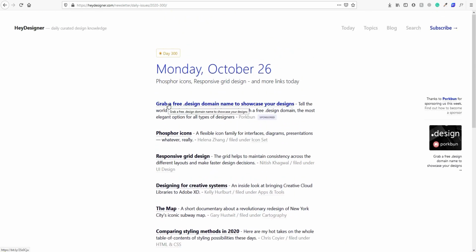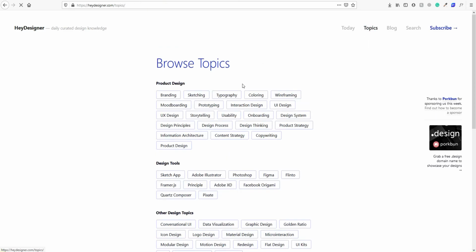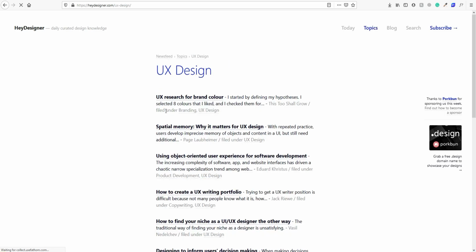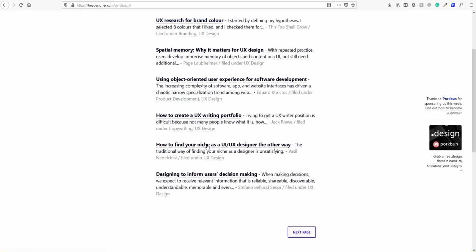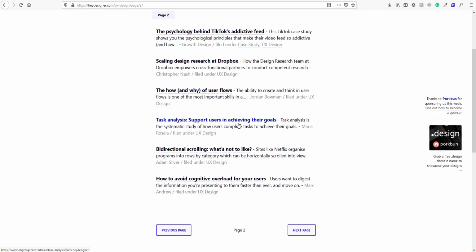Here are a bunch of articles which were probably written today, and you can go to their topics section and browse a specific topic like UX design. If you click, then here they have listed a bunch of articles which you probably need to learn UI UX. You can click on next page. They have listed some awesome articles.